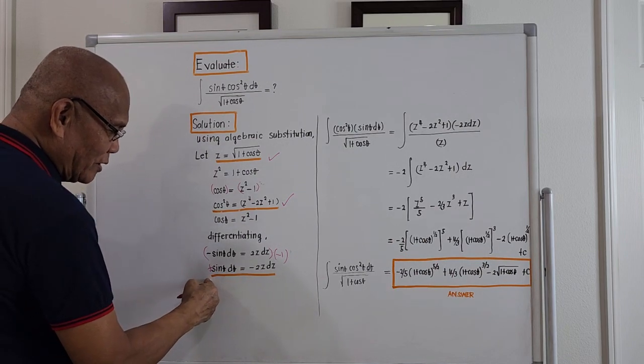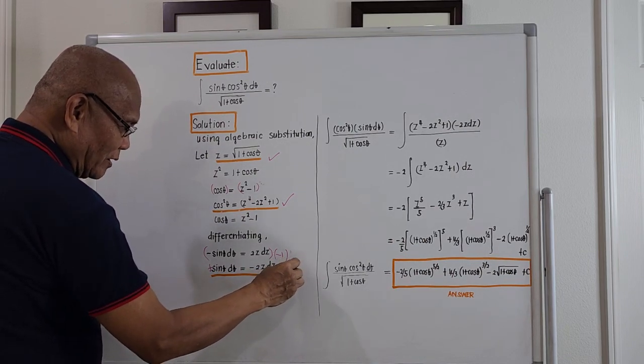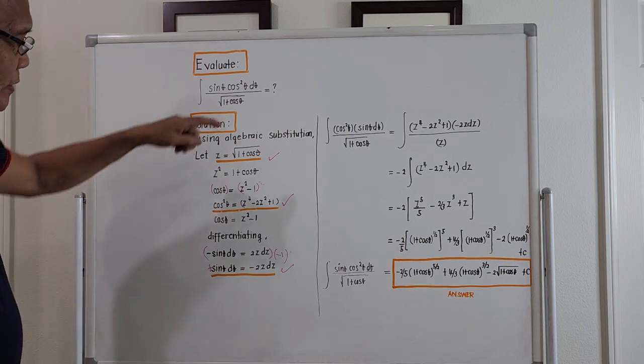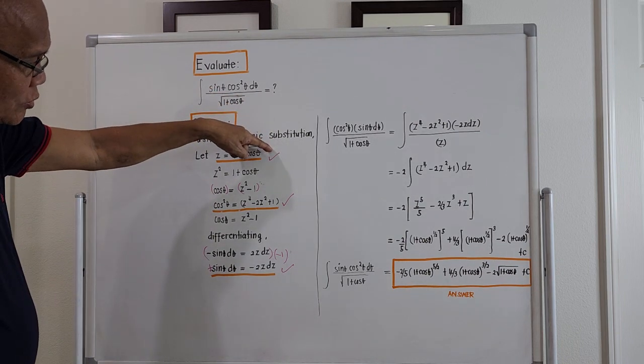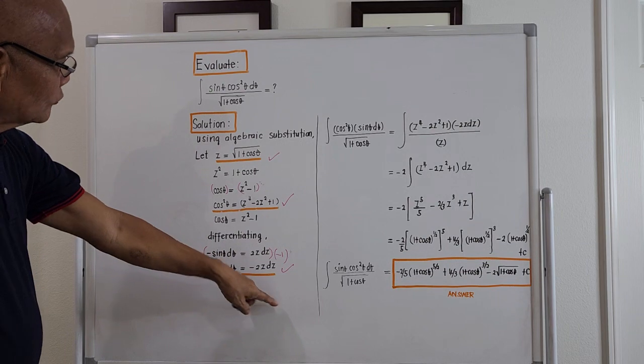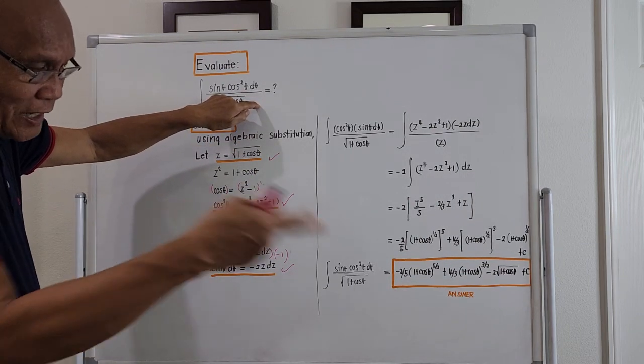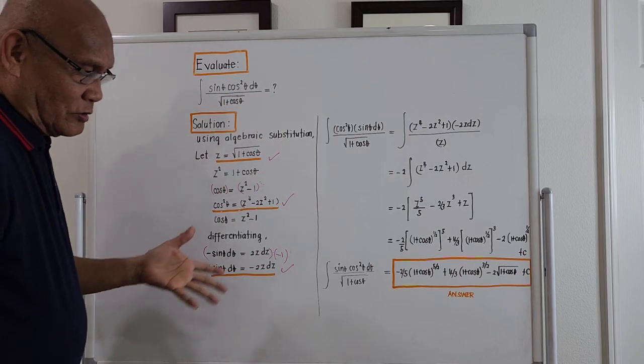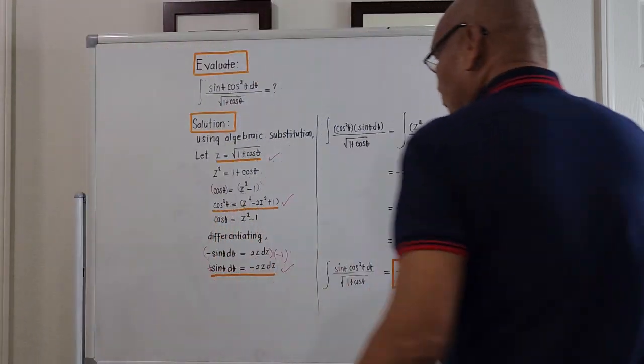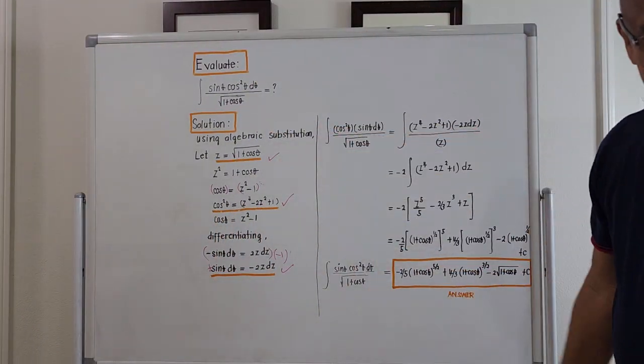I will mark this with orange, then I will check this one. We needed these three equations with a check mark to put on the original integral to bring out the algebraic solution. So substituting, I will rewrite the